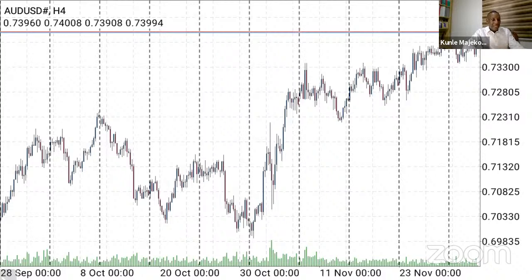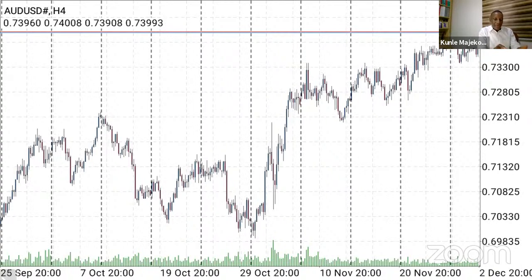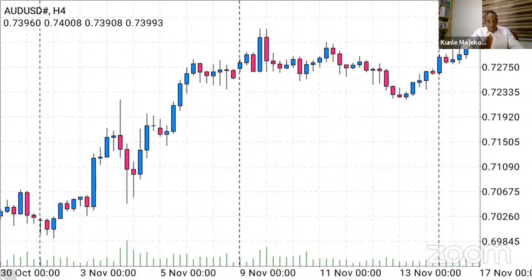Okay, what it means is that every candle, let me expand it. You see all those candles, we call these candlesticks. Every one of them took 4 hours to complete. The blue candle shows when the market is going up, and the red candle is when the market is coming down. That is how I've indicated. You can change the color if you choose to.